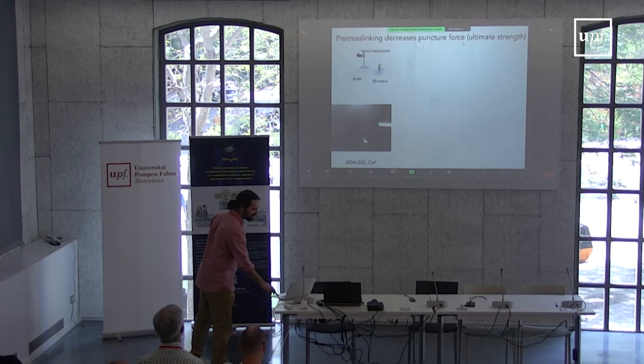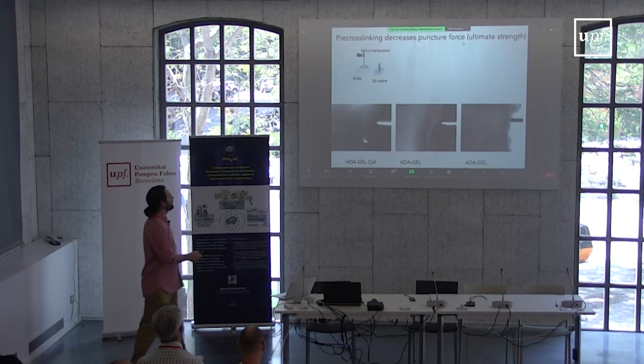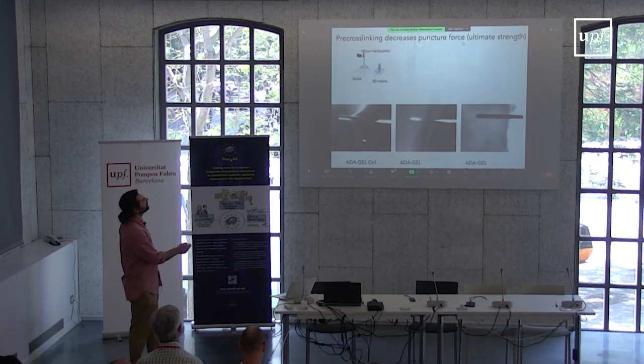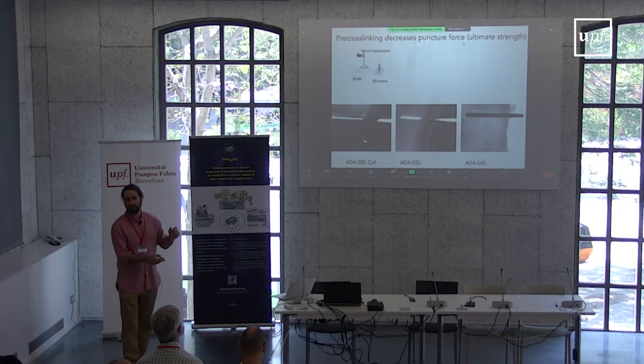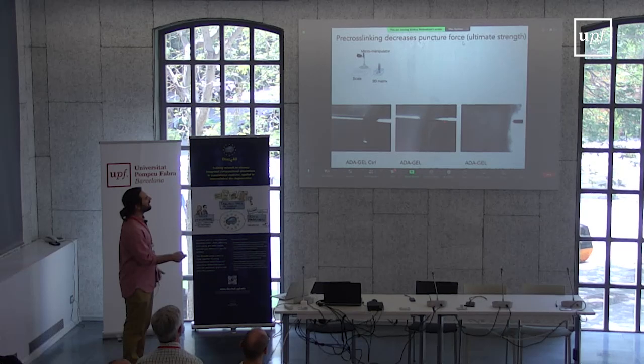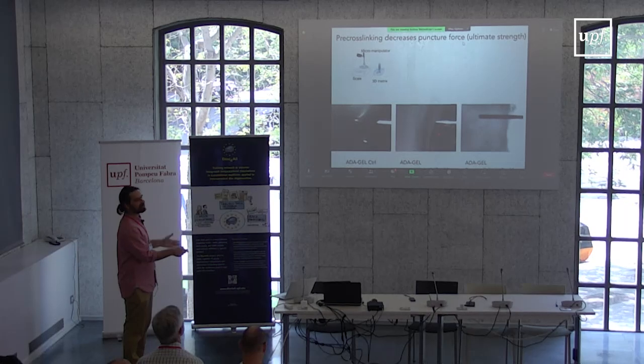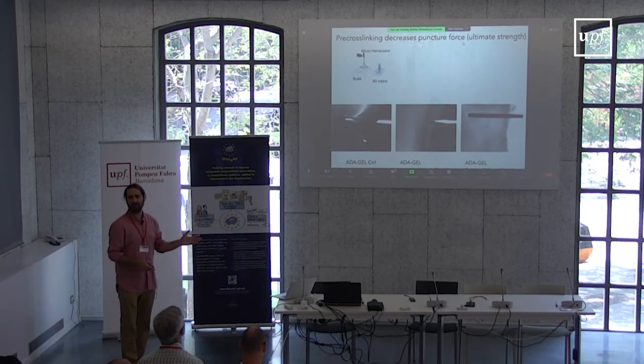Why is this giving it? So look at these movies. You penetrate an alginate gelatin that has not been pre-cross-linked. You have a high bending of the surface, and then, boom, you enter in. You penetrate this that have been pre-cross-linked, 40 and 60, low and high, sorry for the text, and you see that it enters very easily. Intermolecular bonds are not holding this,